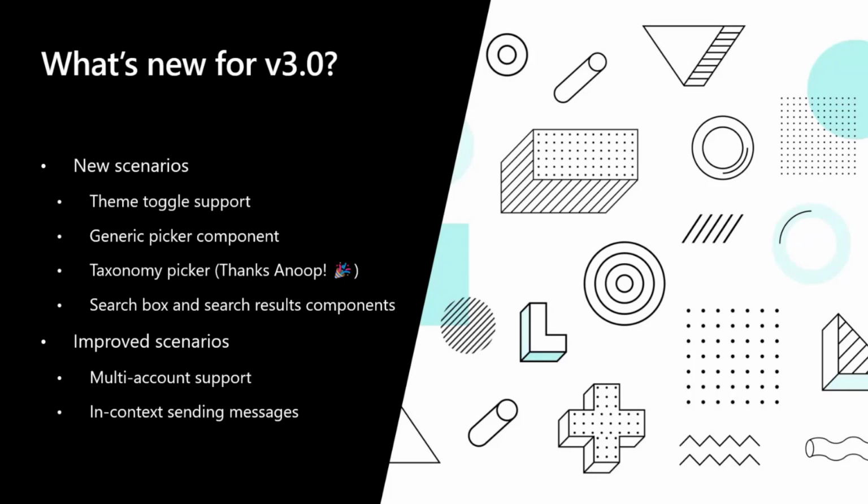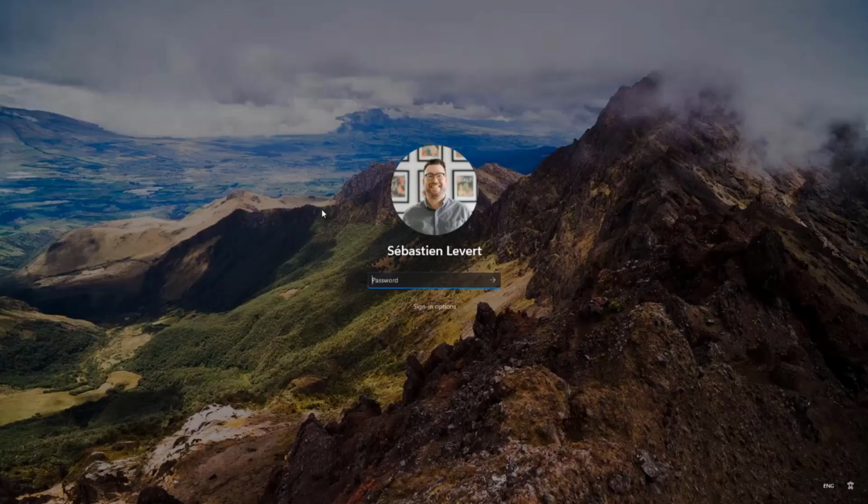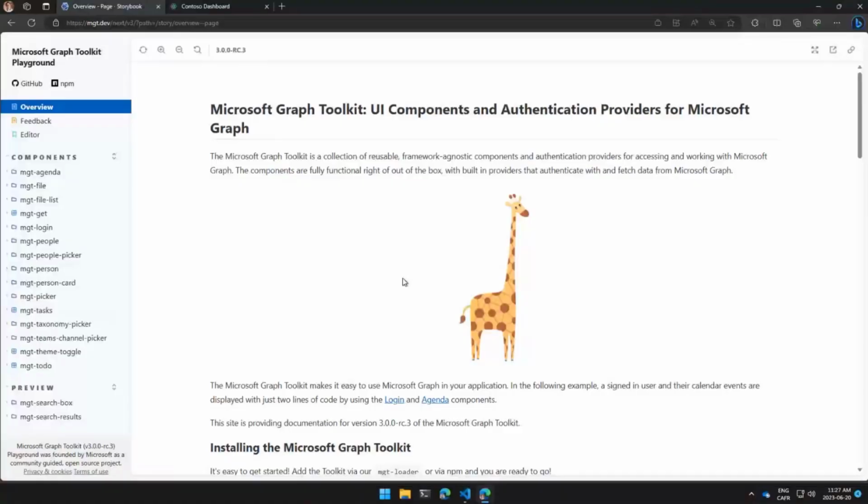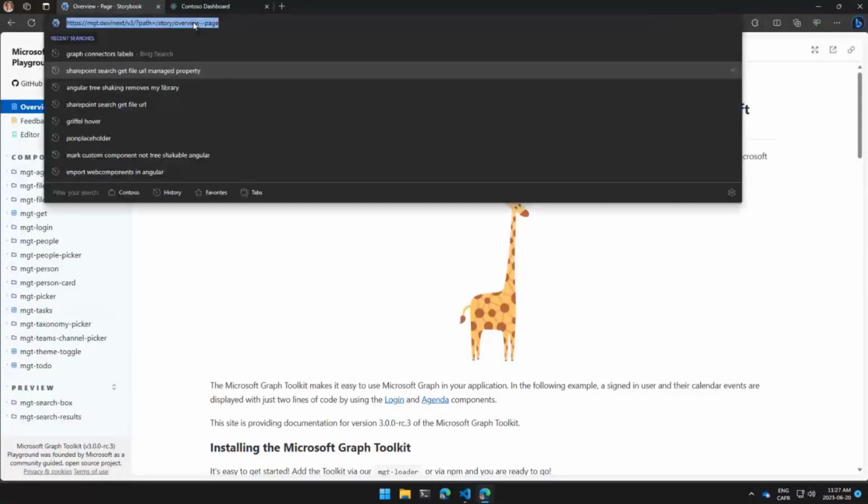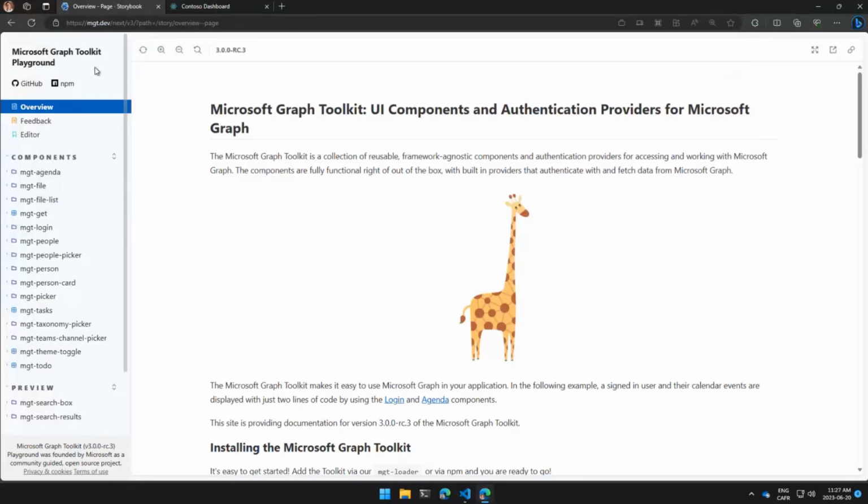So why don't we look at the components that we have? Let me go here. I have my VM right there. Let me log into here, and I can actually share with all of you. I'm going to do that. You can go and hack around. This is our release candidate that is out there, that is available. You can play with it. You can hack with it. You can understand how the Graph Toolkit works today.